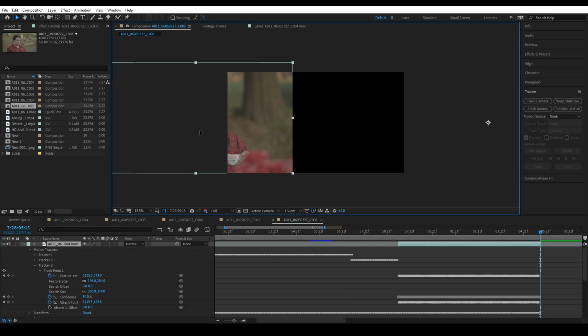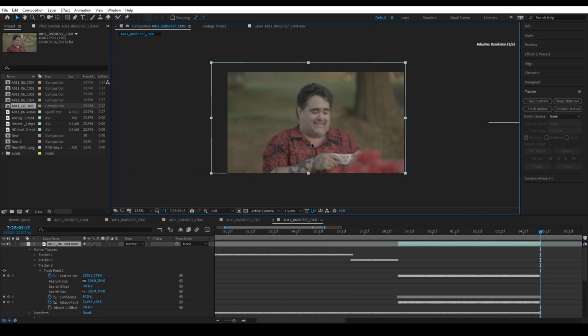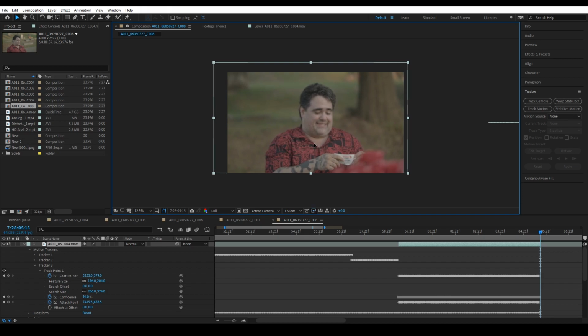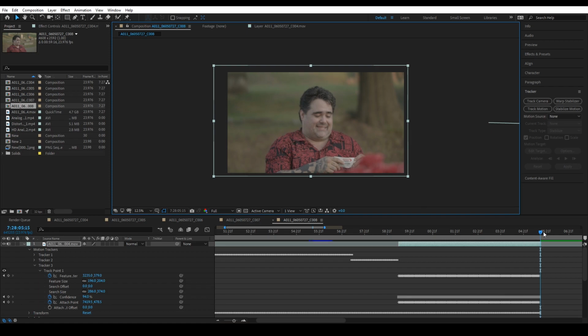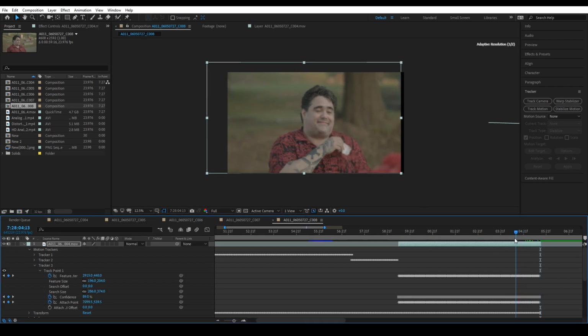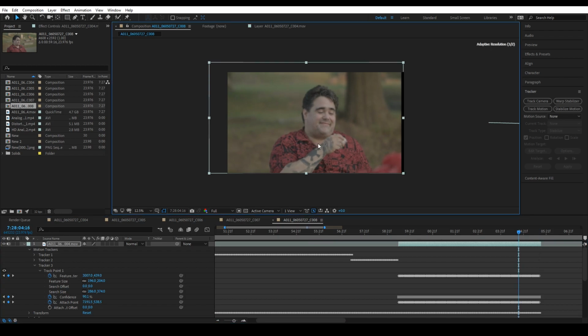Okay, go ahead and move this over. We might have to move it down a smidgen. I want that to be right in the center, so let's go ahead and move it down just a little bit. All right, and let's go ahead and play this, kind of scrub it back. So we've got some flubbage right through here. Let's go ahead and move that